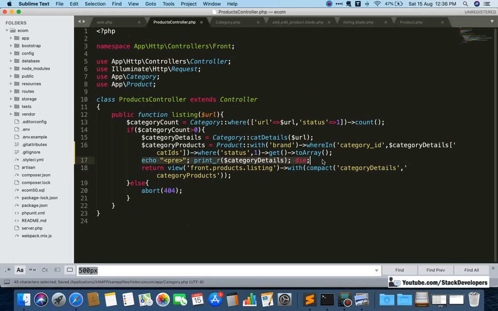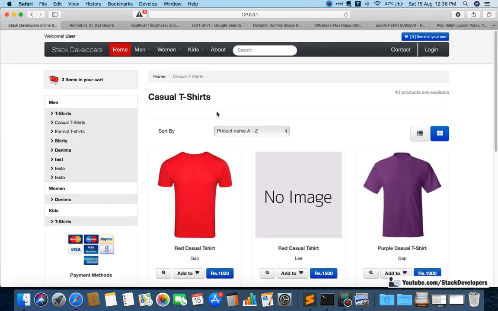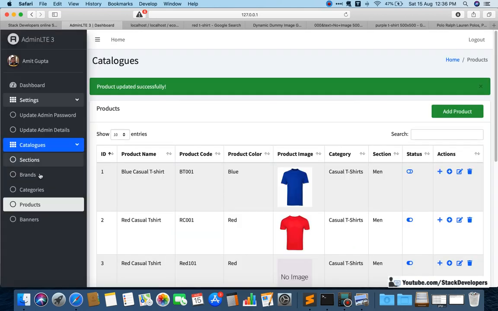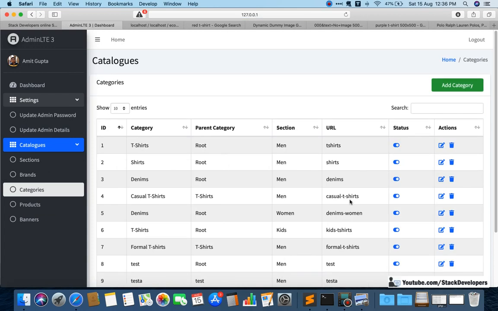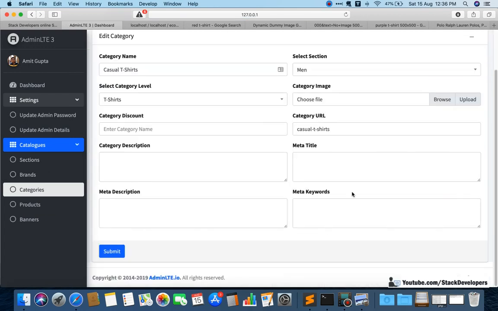Now we can run it once again, and we can see here the description has come up now. Because this one is not having any description, it is not coming. We can add the description of casual t-shirt as well. You can go in your category, open the casual t-shirt here, and add some description here, category description.